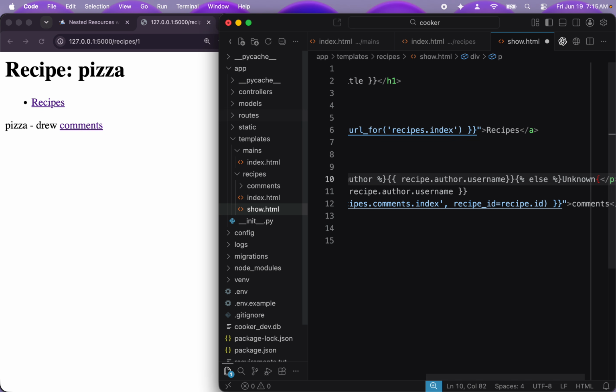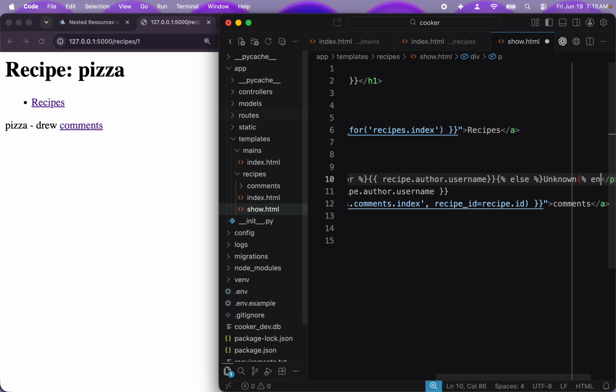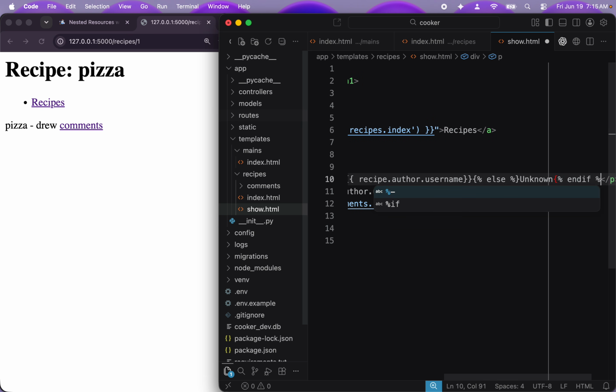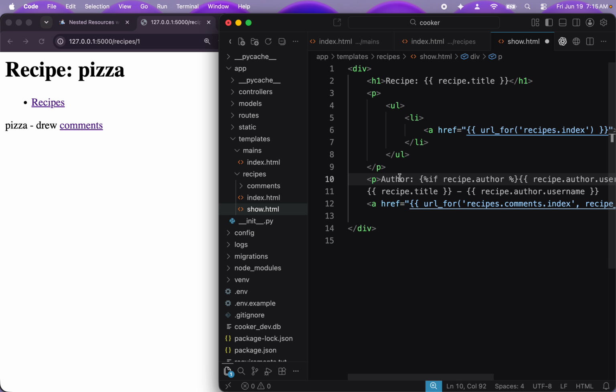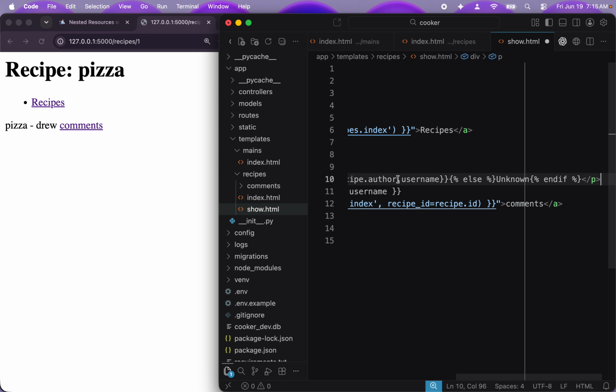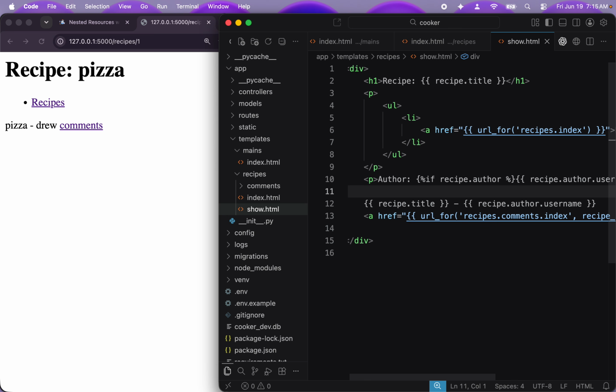All right, and in the if, so I can just kind of one line that and save that. So author is Drew,